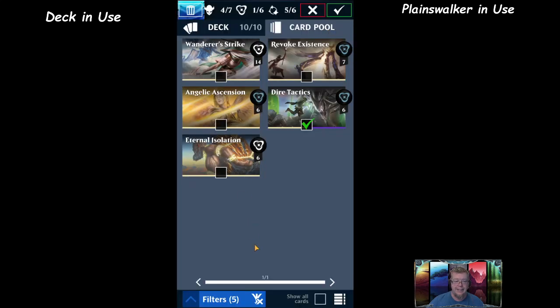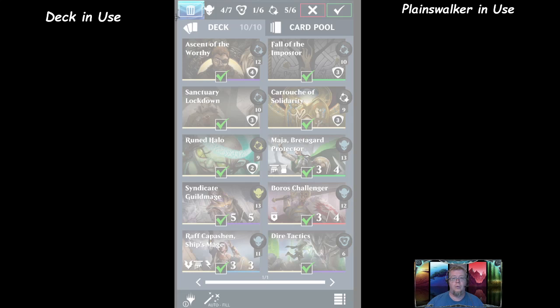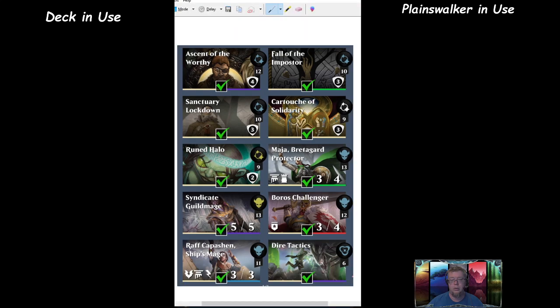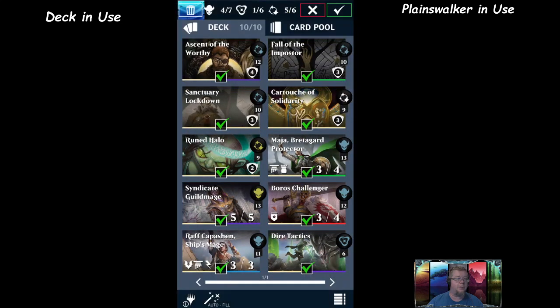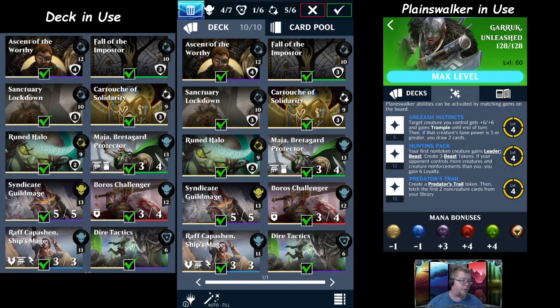All right, so now we have our deck. Let's go to the deck so we can then capture it for all time until I delete it again. Oops, click. Yoink, there we go. We're going to save it as our deck in use. Yes, I want to replace it. Close this. All right, so speaking of the deck in use, we need to change our...